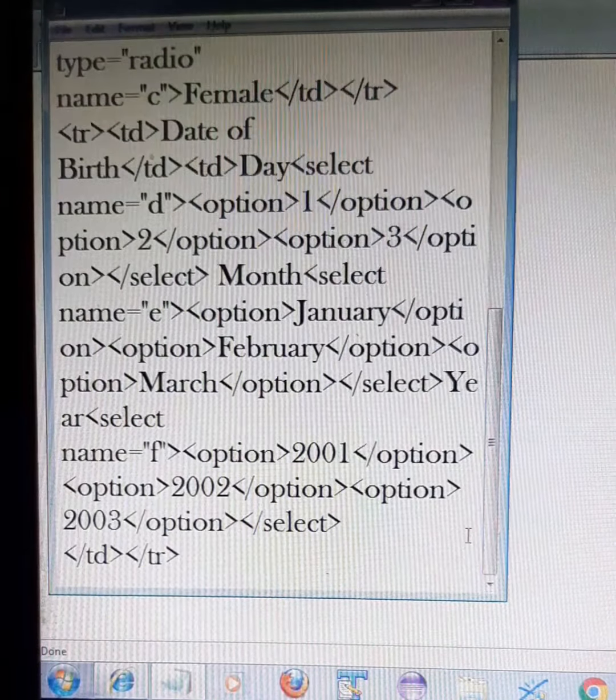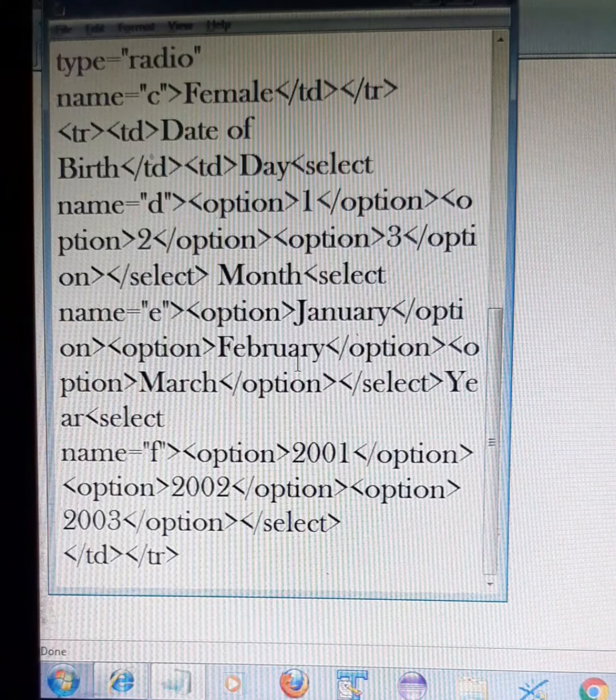Now most of you may be thinking that if I have to write January, February, March, April, May till December, yes, you will have to type, because HTML is not a very friendly type of language that it will help you create an array or something. If you have to give some more options, you can use other programming languages like PHP, JavaScript, JSP, ASP.NET, in which through arrays you can put your options here.